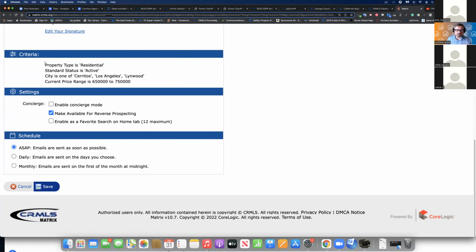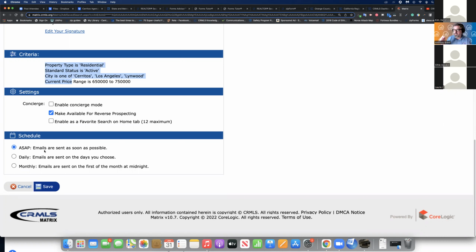ASAP means that as soon as something meets this criteria, an email is generated within 20 minutes. Not too bad, all things considered, but if it's a really busy day, listings coming on the market a lot for some reason, that could generate a lot of emails. And most clients, if they get too many emails, will all of a sudden block or unsubscribe. So again, depending on the market, maybe like in today's market where there's a very small amount of inventory in the MLS database, this would be something that would be really good to go after,